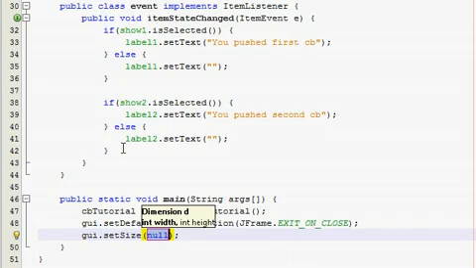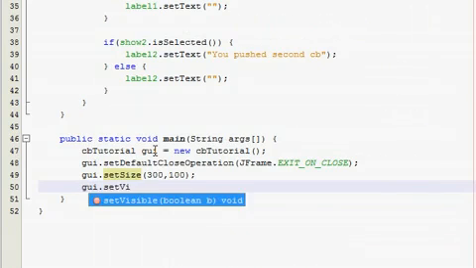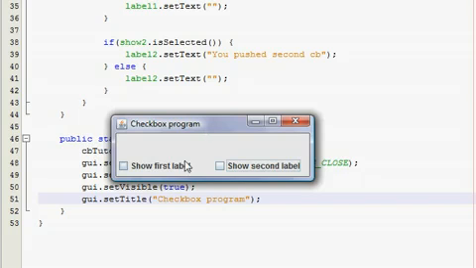I think I'm gonna do, don't really know, I'll do 300, 100, see how that works. And set visible, obviously, and if you want, you can give it a title. I'll call it checkbox program. Alright, perfect. Now run this thing, make sure, I'm gonna validate the size before I show it. Alright, yep, size is good and it works, so